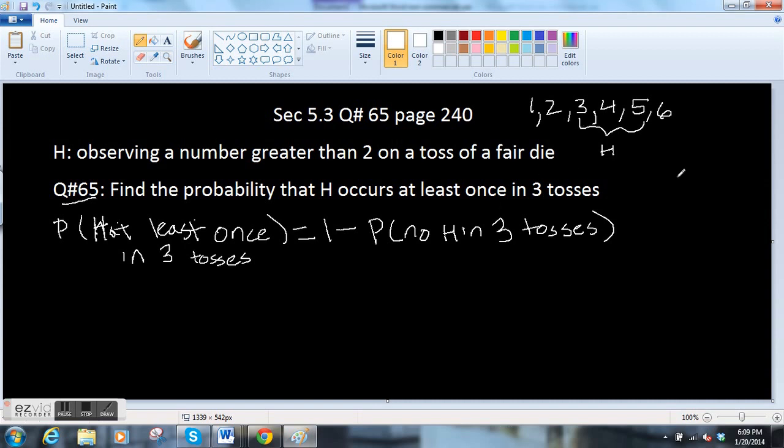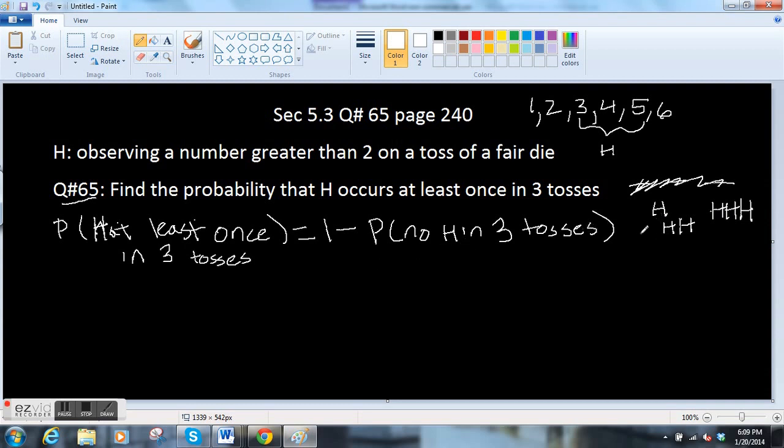So you're thinking, I want H to happen, here's 3 tosses, I want H to happen at least once. Well, if it happens at least once, that probability is the opposite of it happening no times. So it's easier to calculate the probability of no H's than at least one, because at least one means H maybe happened the first time, maybe H happened twice, maybe H happened all 3 times. There's just too many combinations to look at, so it's easier to calculate the probability of no H's and then